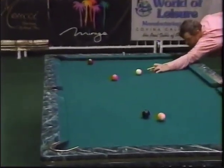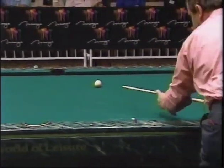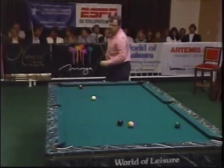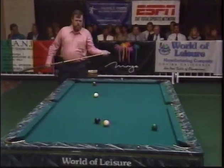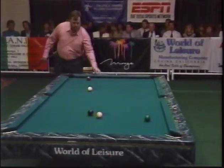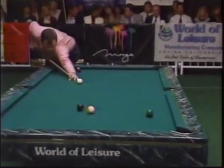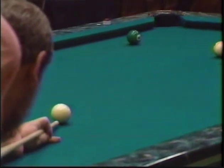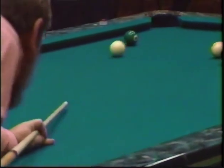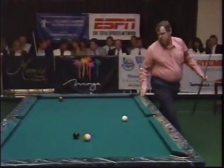I think you're right, Kim. You know, he's moving around the table a little bit faster than he usually does. He's playing with a lot of confidence, too. Got perfect position all the way around here. It's good. He's got the 6 ball here. You know, if he wins this game, it's going to go to 8-8. And I'll tell you one thing. Remember the lag for the break? Who won that lag? Buddy won the lag, which means